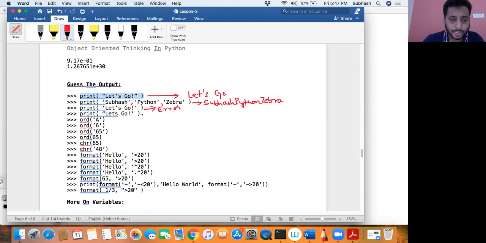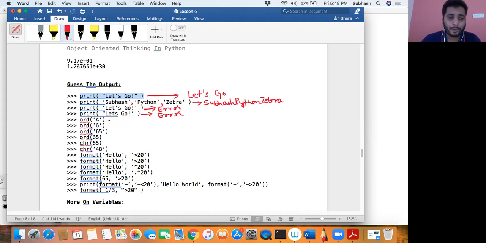The next one also results in error because this single quote should have been a double quote. Because when you are having a string with double quotes, then it should end with a double quote, or this double quote should have been a single quote. Either way, you will have to have a string within a pair of double quotes, or a string within a pair of single quotes. You cannot mismatch like this, so even this will result in an error. Okay, right. I want you to type this practically and see what happens.